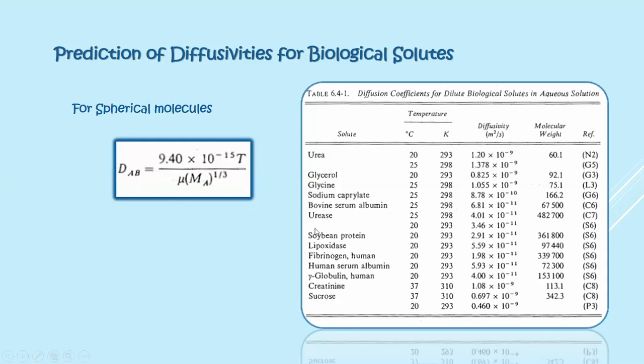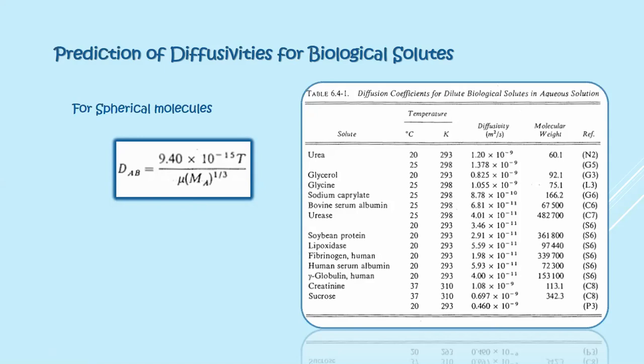Now, in this formula, you will need the diffusivity in here. These are the only common biological solutes. So if the problem does not give you a solute that is in the table, you should be able to solve its diffusivity. That way you can solve whatever the problem requires. Of course, you also need to know the molecular weight of such a biological solute. Now, what's the essence of having to know this or being able to predict